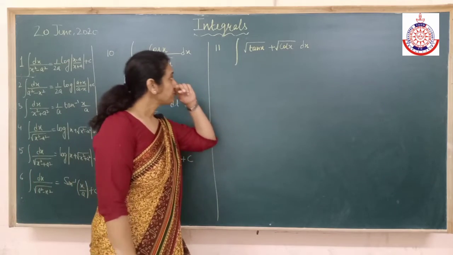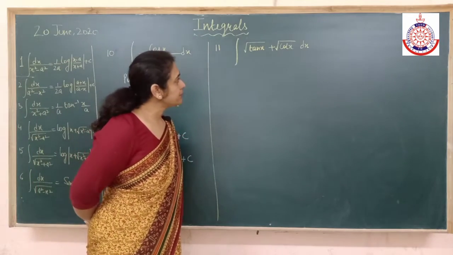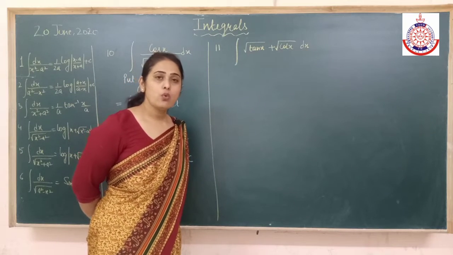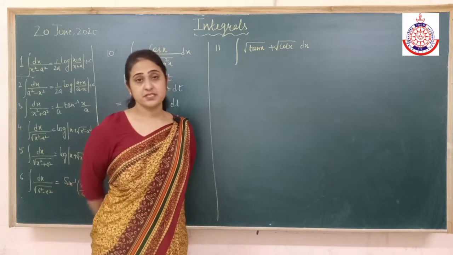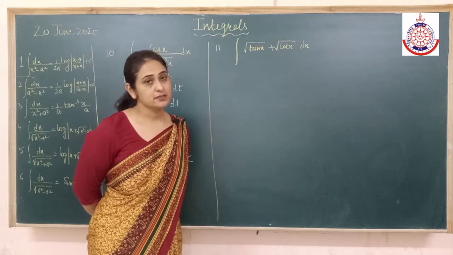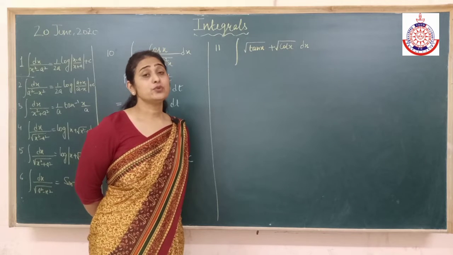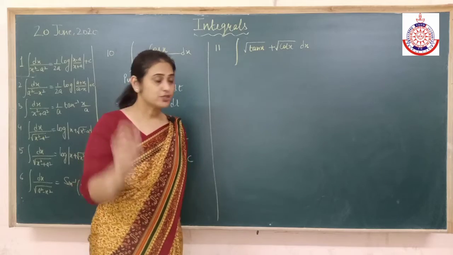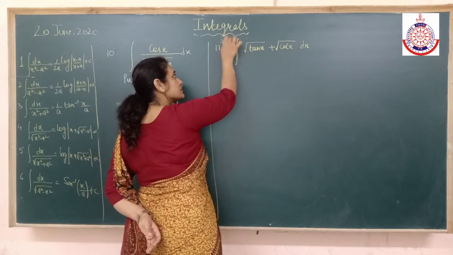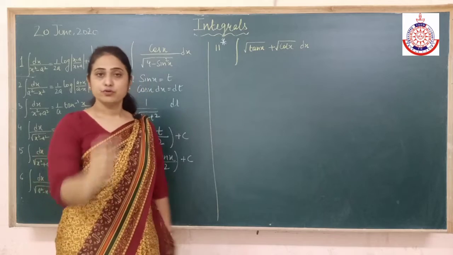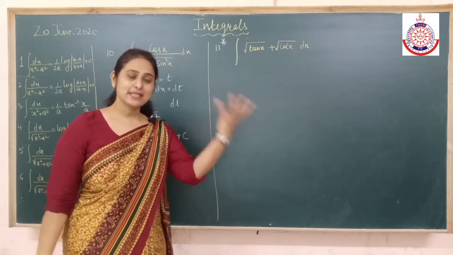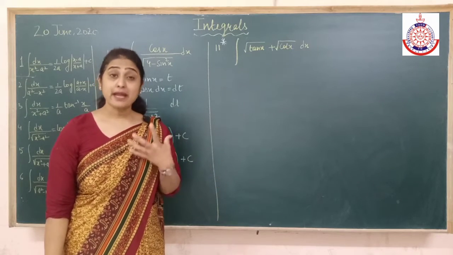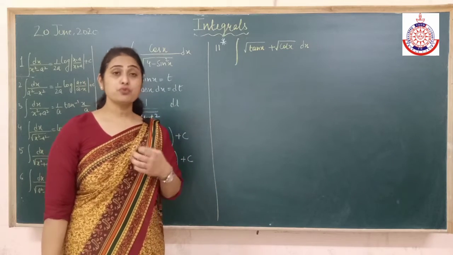Now look at this question. Under the root tan x plus under the root cot x. If I see the question, nowhere related with any of the form which we have done till now. I know the integration of tan x because that I know. I know the integration of cot x, but I don't know the integrations when they are in under the root. So few questions, children, you should always put asterisk that you have to see once again sometime. You forget. Integration has variety of questions where you have to practice a lot. Alright, that is most important thing here.